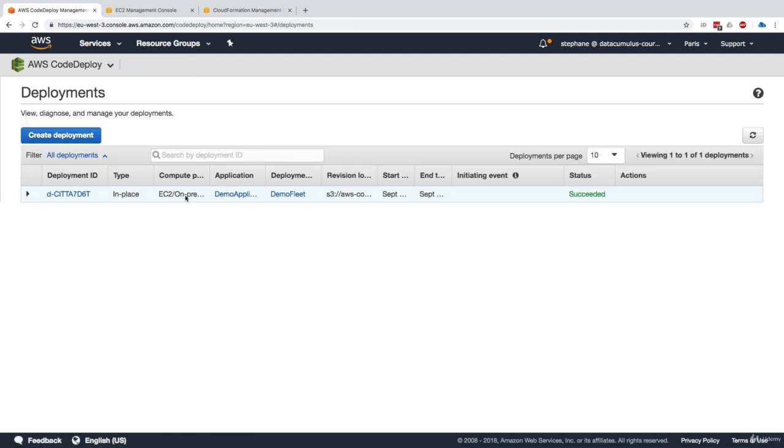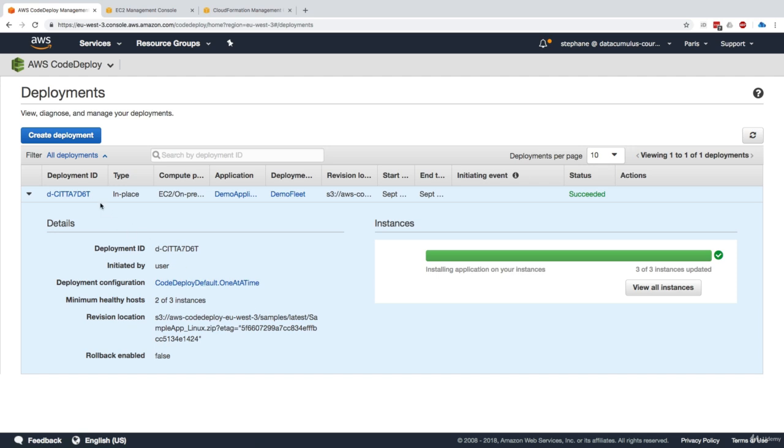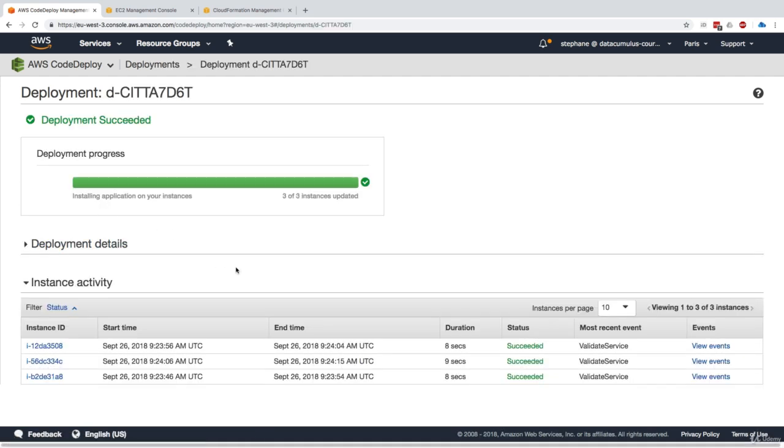We can go back to the deployments and we can see all the deployments that happened in place, and how long they took. I mean, this is super, super nice, I think. And you can get a little dashboard view as well right here. So this is good. Now let's go ahead and just visualize our application.